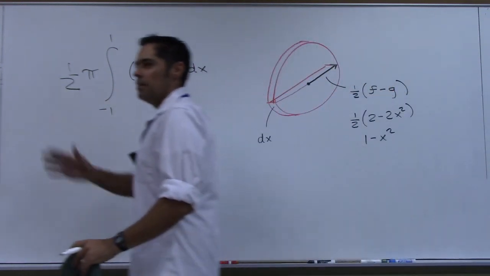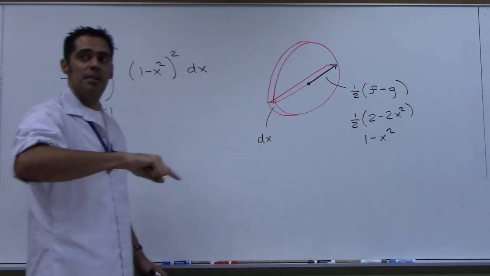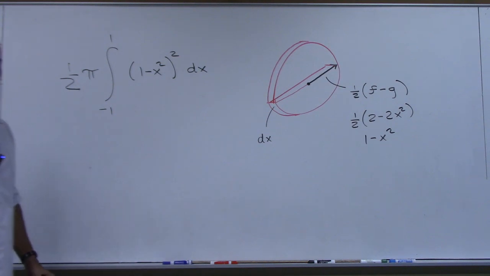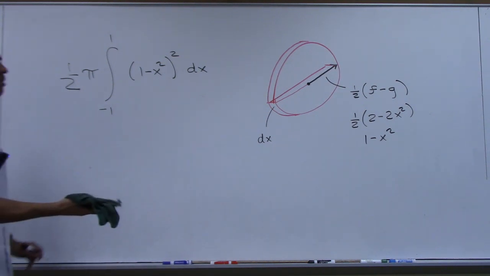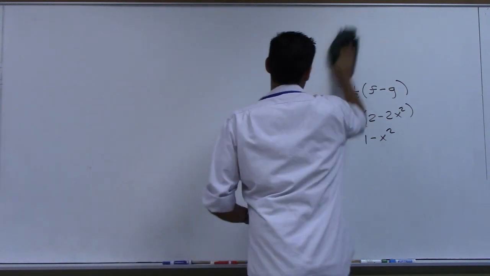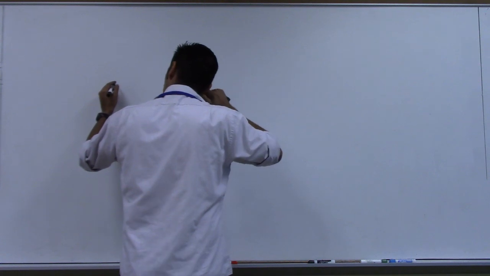Same region. Cross sections that are perpendicular to the x-axis form equilateral triangles where the base of the triangle is the distance between the two functions. Equilateral, y'all know what equilateral means, right? All sides the same length. So